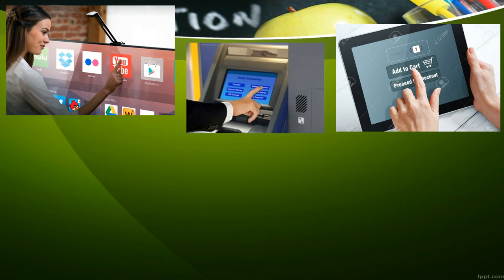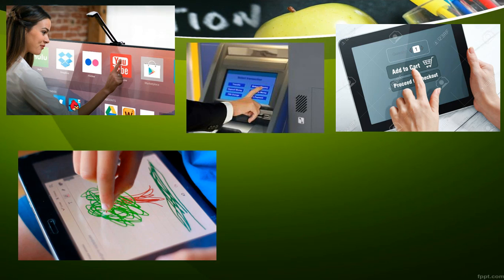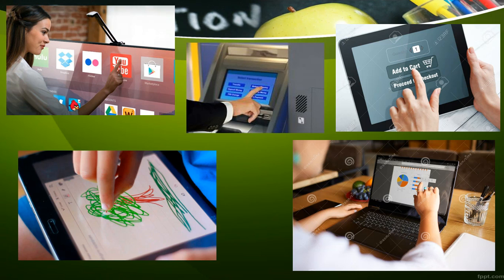The next one is a picture of a tablet. Obviously, a tablet is a touch pad, a touch sensitive screen. Okay, here is a touch screen paint, which means using your finger you can draw any image. And here is a touch sensitive laptop, which means a computer. So here are all examples of touch sensitive screens.